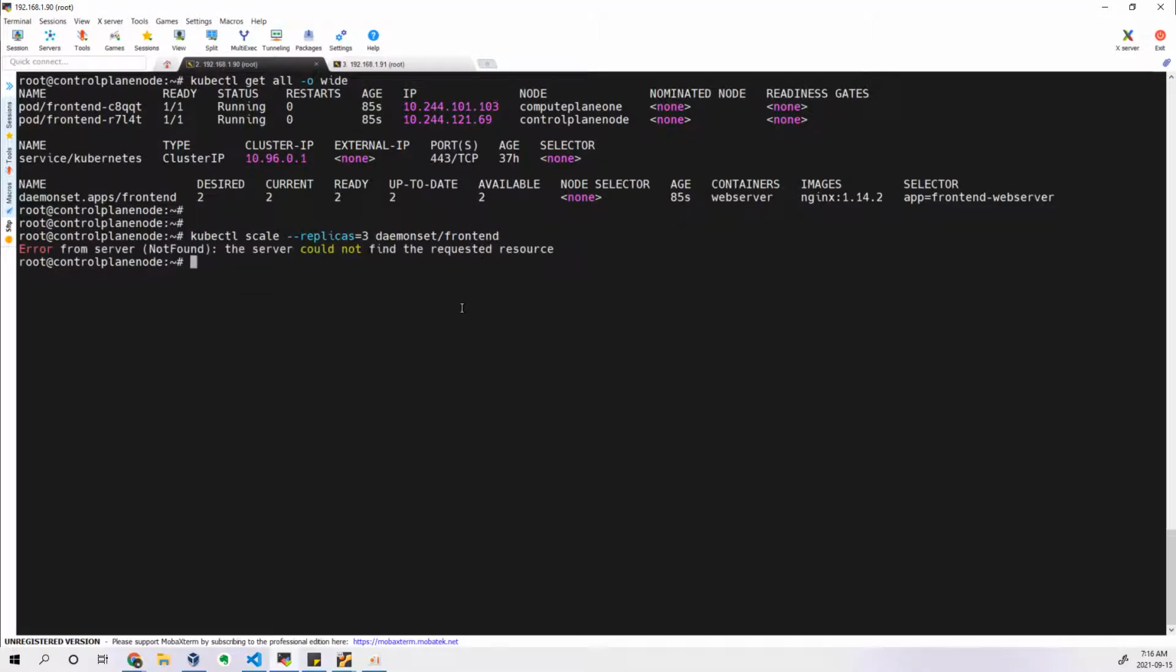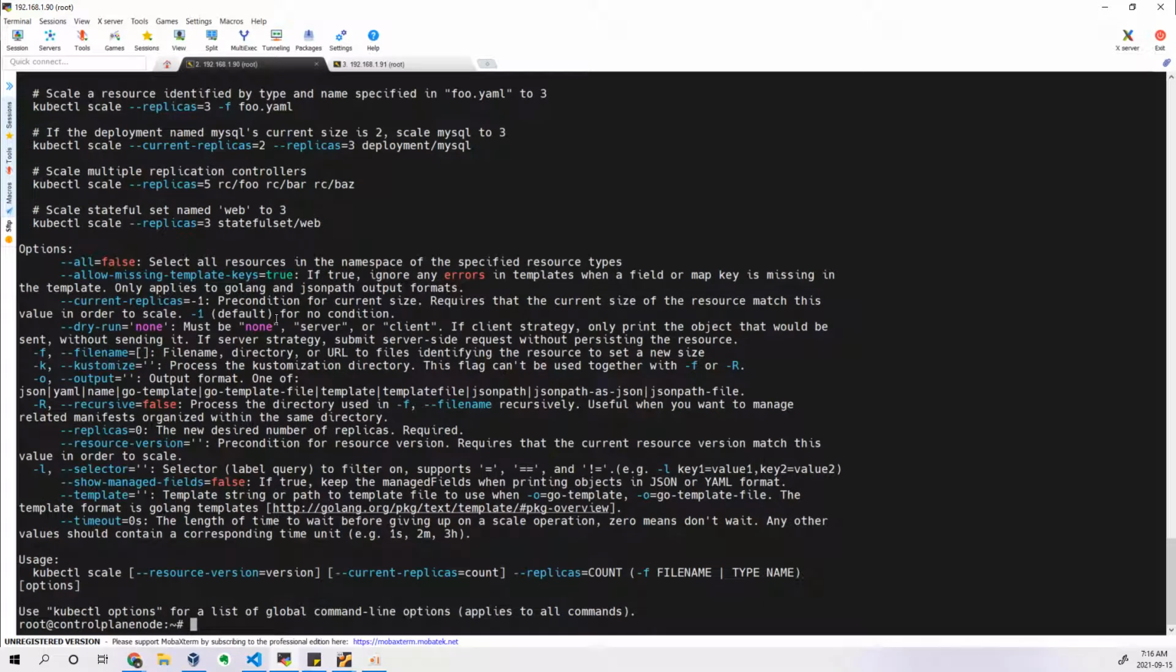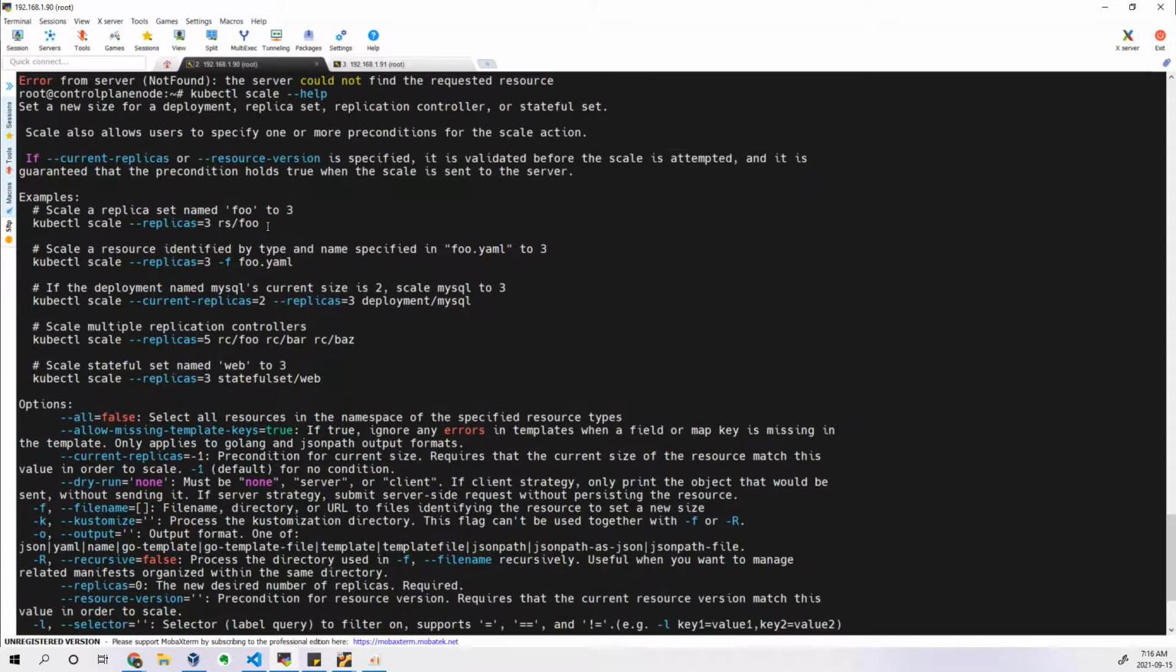Okay, you can see "could not find the requested resource." The server could not find the requested resource, which means that your DaemonSet cannot be applied with the replicas. If you look at your scale help, it will tell you for which kind of object it can